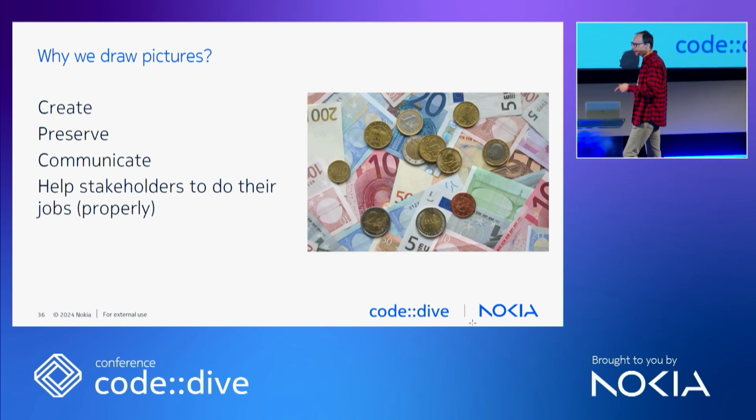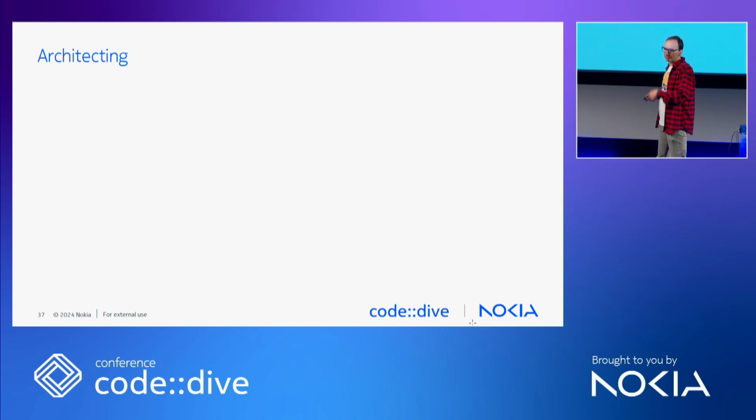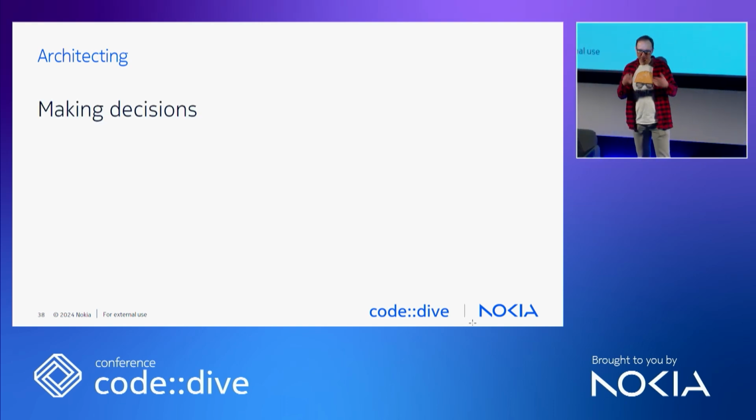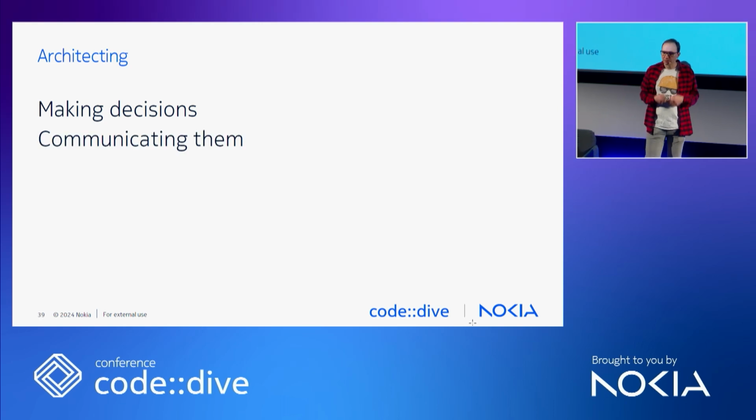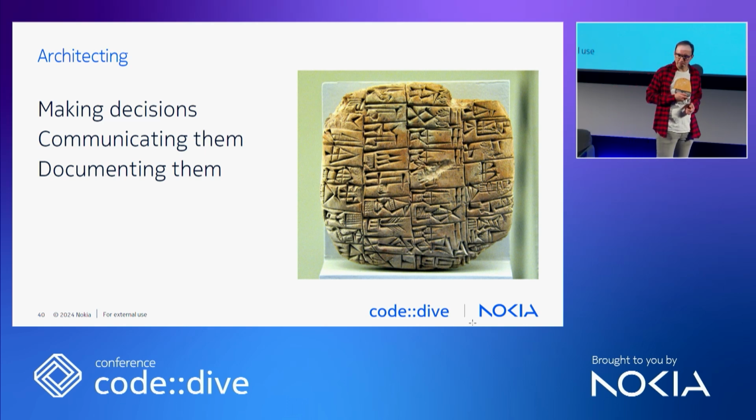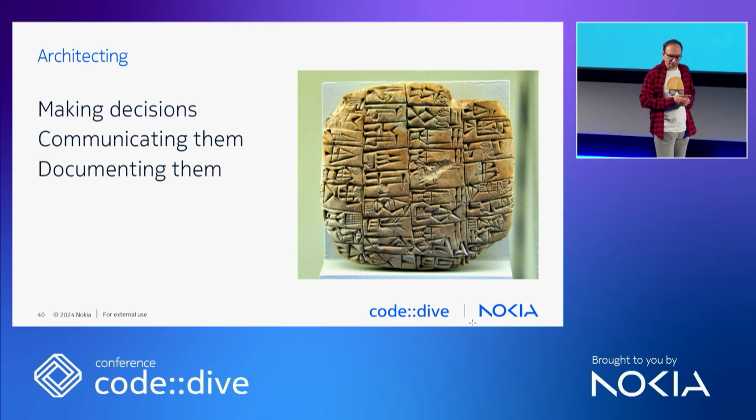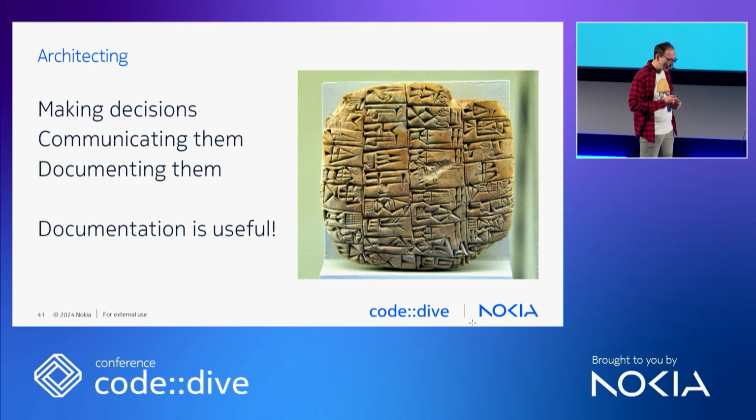Actually, we architects also make decisions based on business goals, constraints, and requirements, just on a different level. We make those decisions, we communicate them, and usually somewhere in between, the documentation happens. We preserve those decisions in some form. And this documentation actually is useful for many different things. First and foremost,